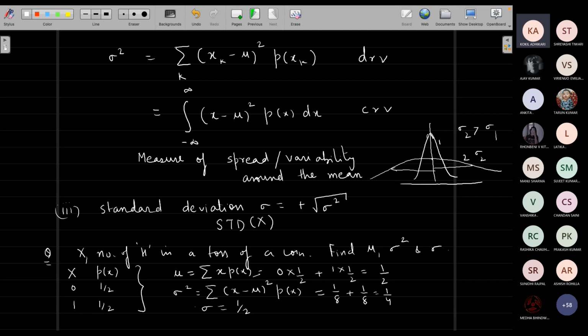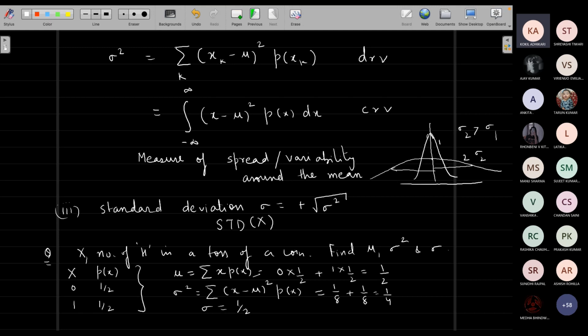And sigma is 1 by 2, if you want to get the standard deviation. So this is what it means when we ask you to find the mean. The interesting thing is, since I have taken a single coin toss, its probability is basically reflected in the mean. If there is more than one coin, you will find that this number will start changing. Now look into this: in a toss of a single coin, the mean is half, which gives you an idea that the probability of getting a head is half, but the spread or variability around it is also half.